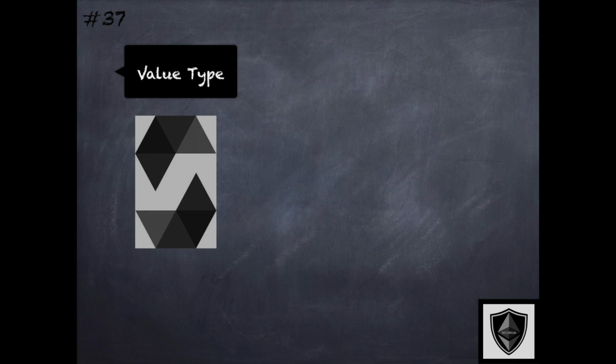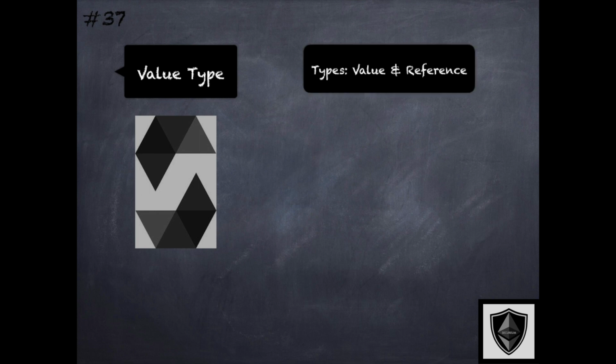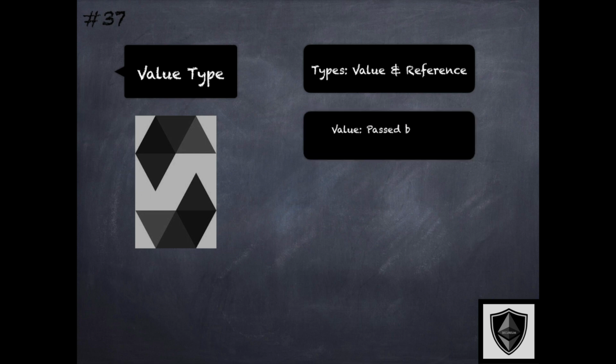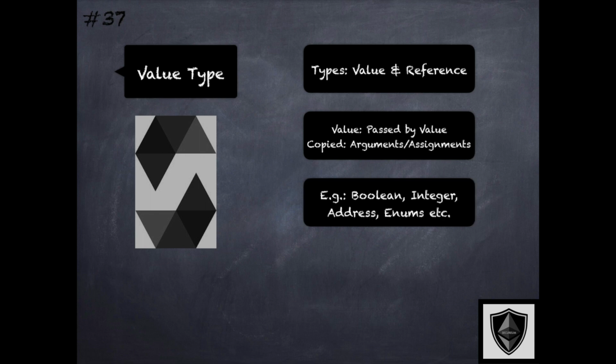Let's now take a look at value types. As we just discussed, value types are one of the two types in Solidity, where variables of these value types are passed by value, which means they're copied when used as function arguments or in assignments of expressions. There are different value types in Solidity: booleans, integers, fixed point numbers, address, contract, fixed size byte arrays, literals, enums,